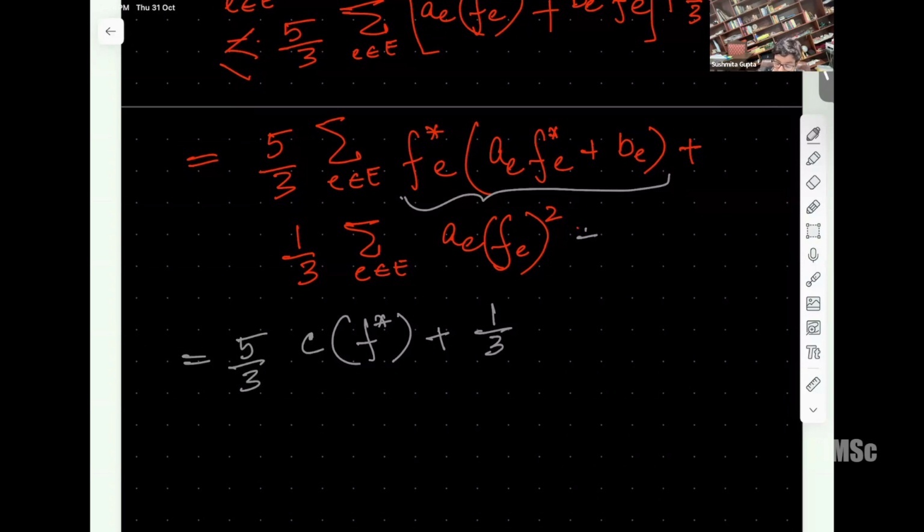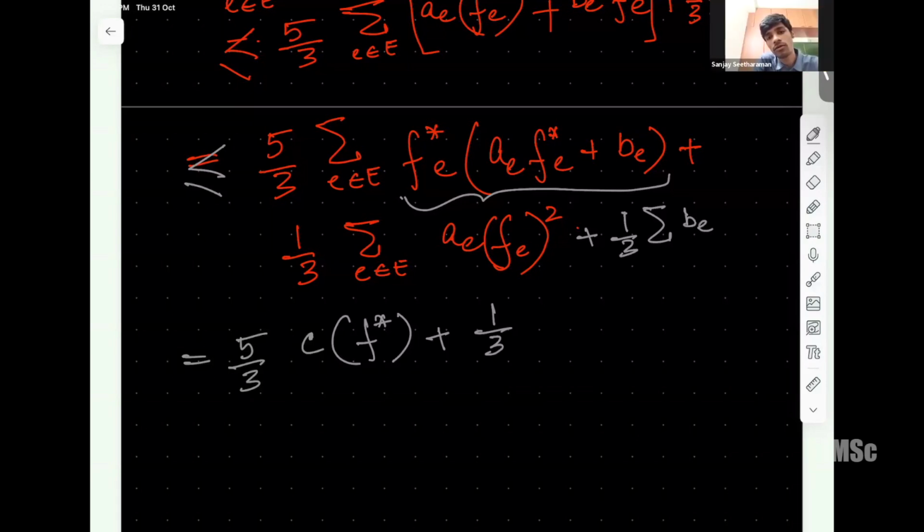I can always add plus 1/3 B. I can always add this and this will become less than or equal to. Right, okay. Equilibrium flow. But to interpret it like this, I do need this additional term. But then the equal to should become less than or equal to because this is a positive quantity. So this is why it is crucially needed for me to have B_e to be positive.